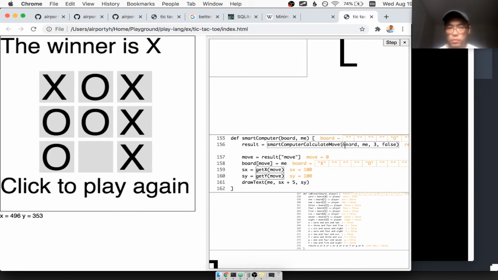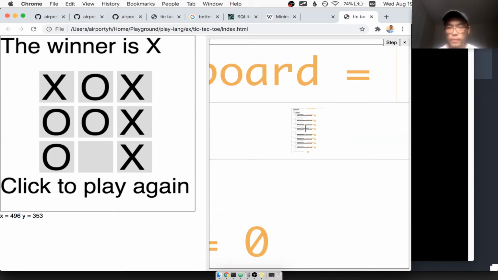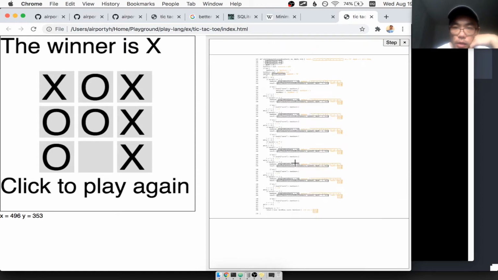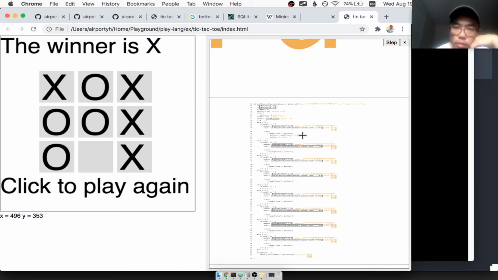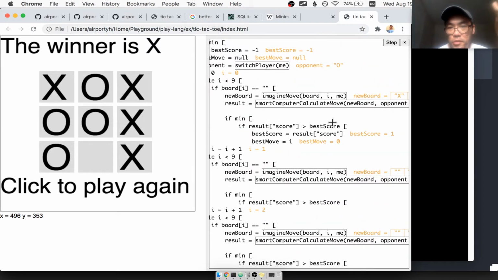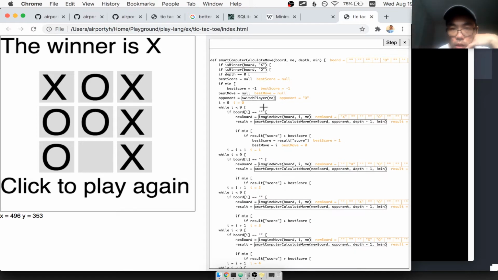But one problem I have yet to solve is when the text gets too small versus the aspect ratio of the box. Sometimes the layout is slightly wonky. But anyway, so there's the code in the next level. So this is a recursive function call. So for each function call to smart computer calculate move, it calls it again for each possible move at that level. And what it does is